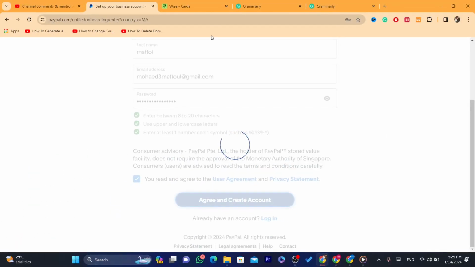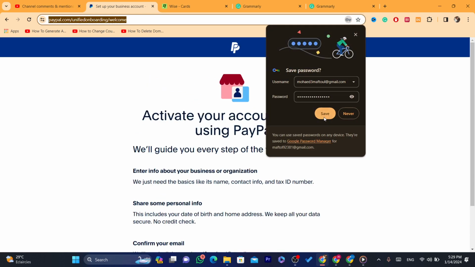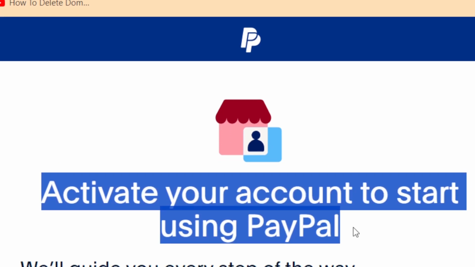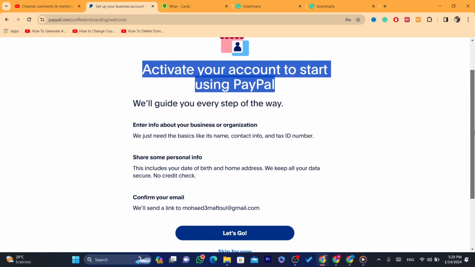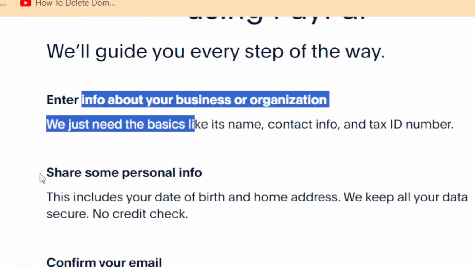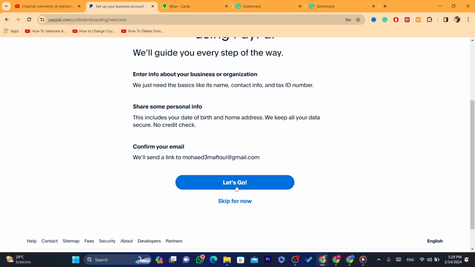where you have to enter other information, like your address, your business name. They will ask you guys for a lot of different things. It says here activate your account to start using your PayPal. It will guide you. It will ask you guys to enter your business or share some personal info. You just need to click on let's go,